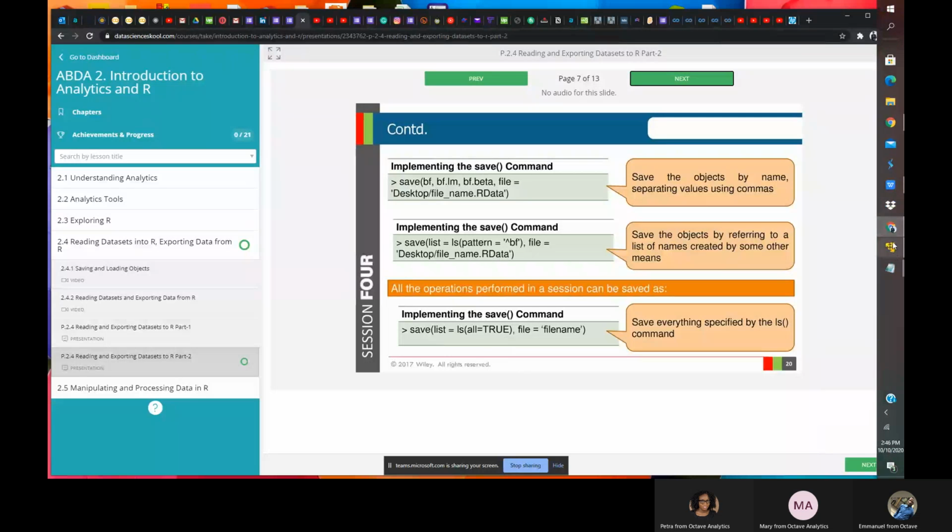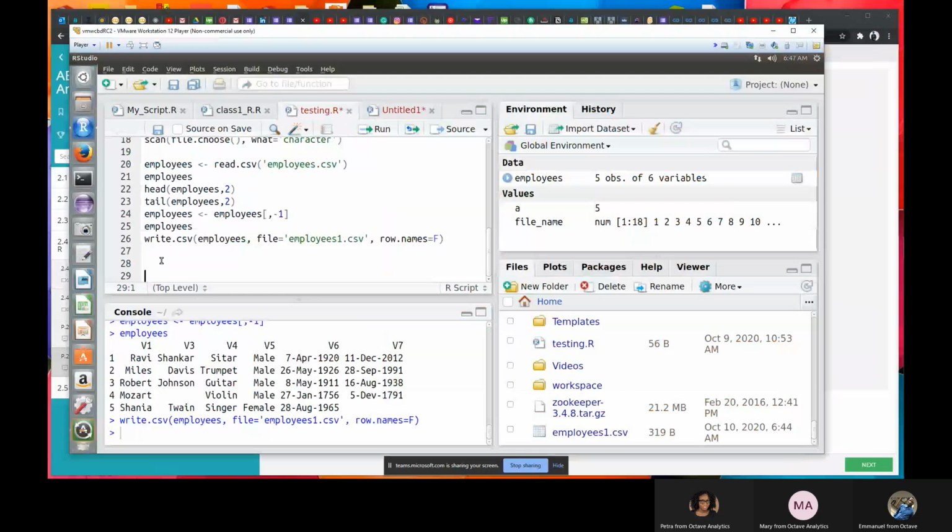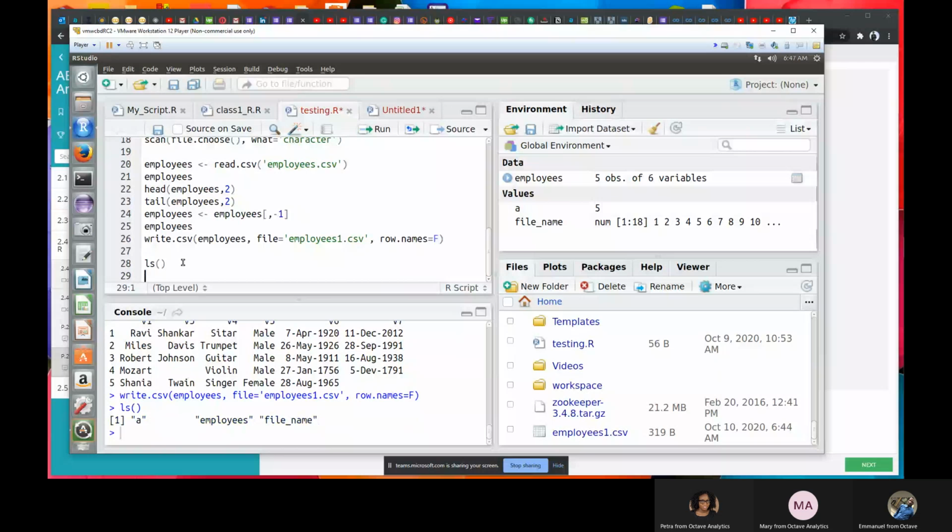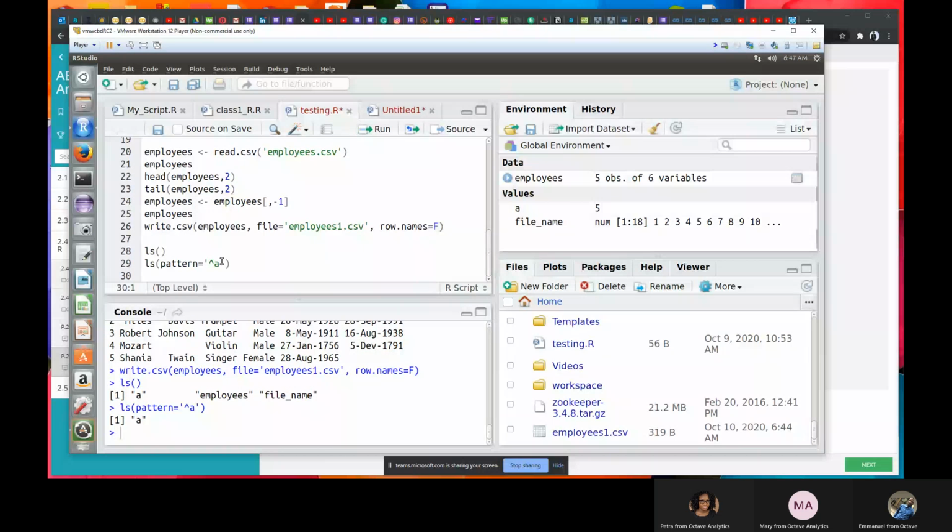Say, for example, let me see the list of objects I have. So I can use ls. Using that pattern we just saw, pattern equals starting from A. You can see it still gave me A. So let's say I create an object AB.